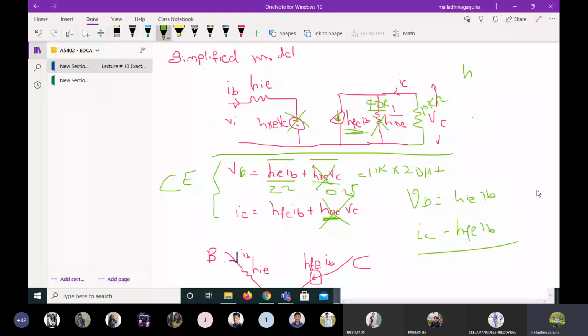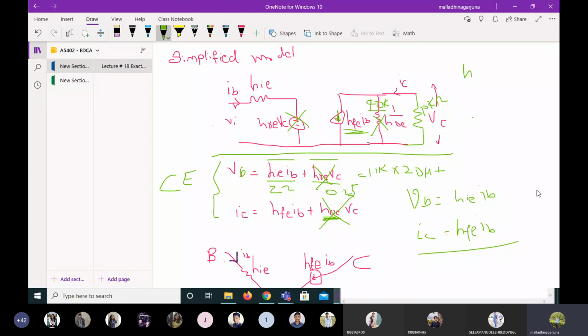Okay, and one more thing: to remember the four typical values, and to derive the current gain, voltage gain, and all the parameters by taking all of them into consideration, is somewhat difficult for us, because the equations and derivations are very lengthy. So we are simplifying our H parameter model, eliminating 2 parameters out of 4. Previously I had 4 H parameters: HIE, HFE, HRE, HOE. Now I have only 2, that is HIE and HFE. So HRE and HOE got eliminated. Further I can simplify my calculations and get current gain, voltage gain, all the parameters.